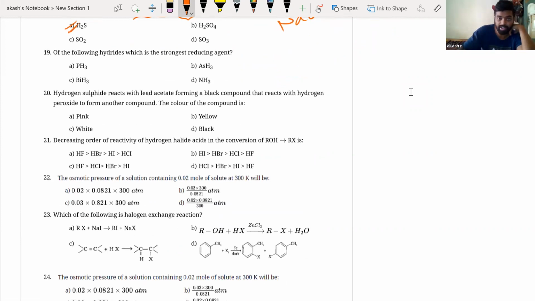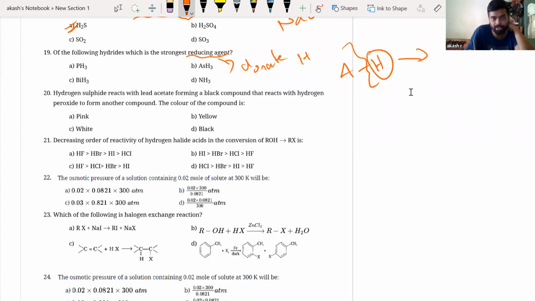See, for reducing agent, first of all, it has to donate hydrogen to some other species. Obviously, if I remove hydrogen, it will get oxidized. That is true, right? Now, all I have to look for is whichever bond, say I have some A-H bond. Now, if I can break it very easily, this hydrogen can come out, which can be added to some other species, correct? So, can I tell out of these, the PH bond, AsH bond, SbH bond, and NH bond, in whichever case I'm able to break this H bond easily, that will easily give me H, and that can be added to some other species, so it can act as a reducing agent.